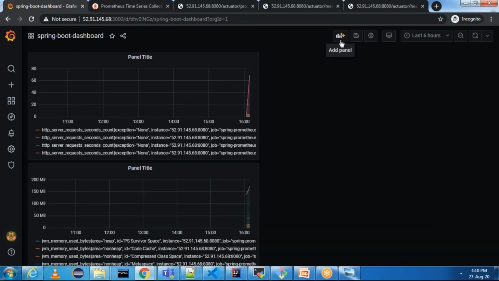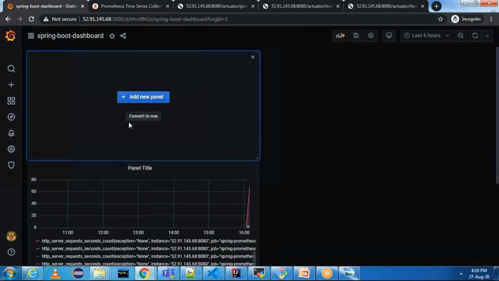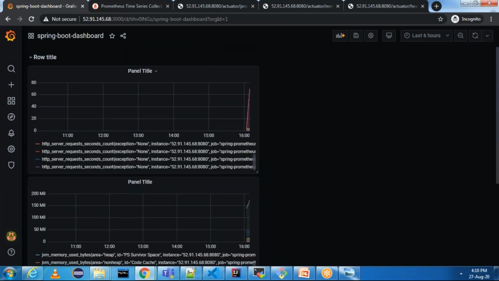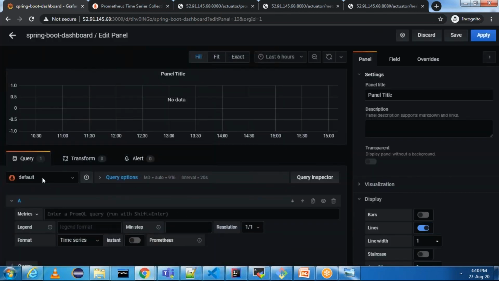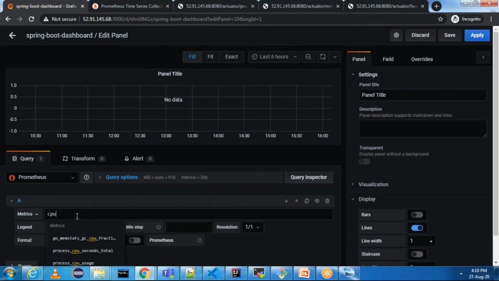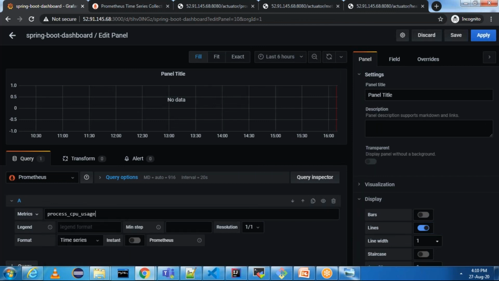If you want extra parameters, again, you can create a panel and convert to row, and you can add a panel. Whenever you add a panel, you need to select the data source, Prometheus, and in the query place, you need to mention some metrics. Let's say I want to see process CPU usage.